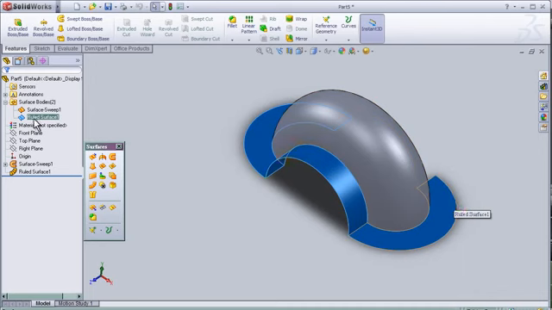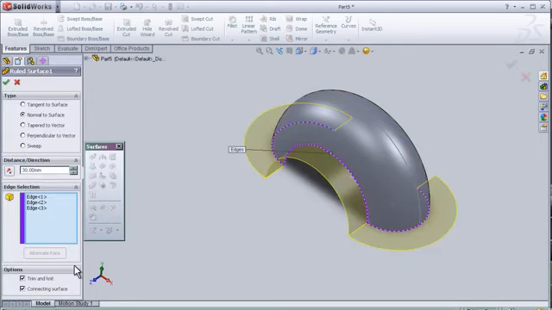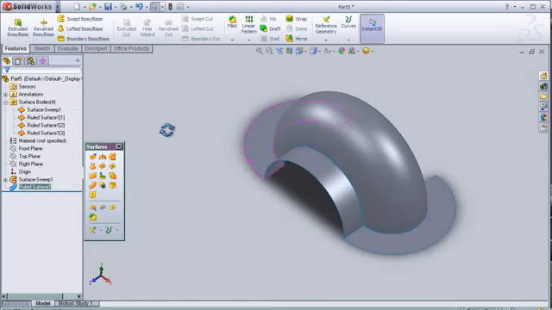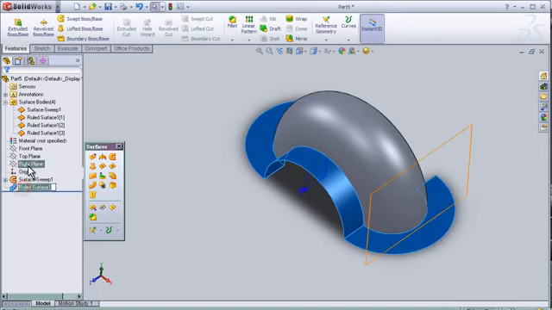So in order to separate these surfaces we can edit the feature here and remove this choice, trim and knit, press OK, and here we see we have 3 separated surfaces. But I'm going to keep